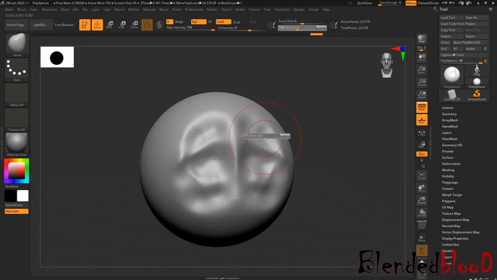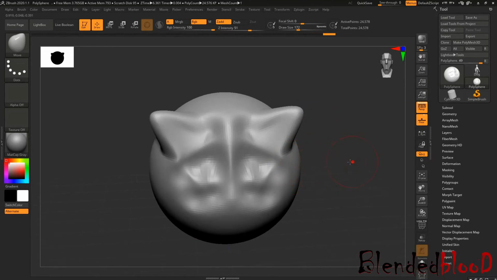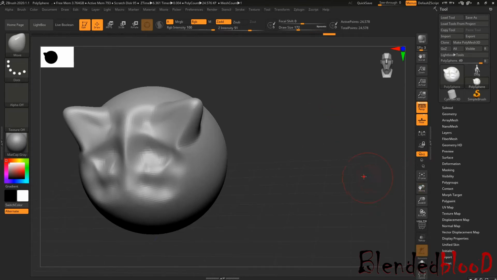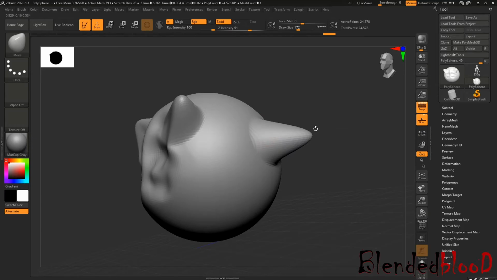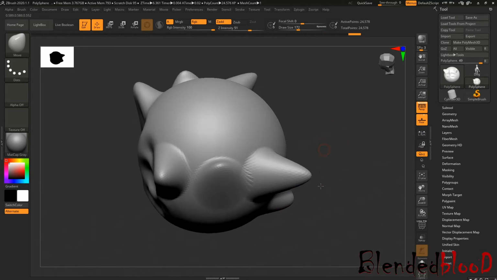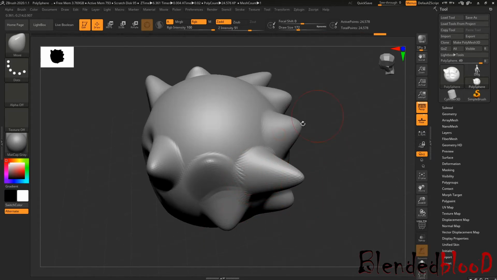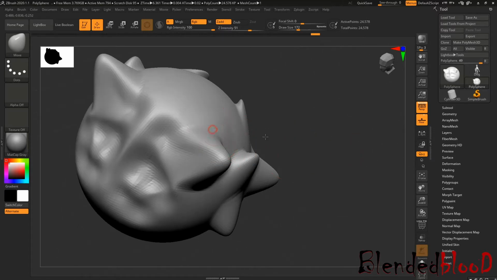Now you can adjust it manually. See, the move tool will pull your mesh or topology wherever you want. Okay,